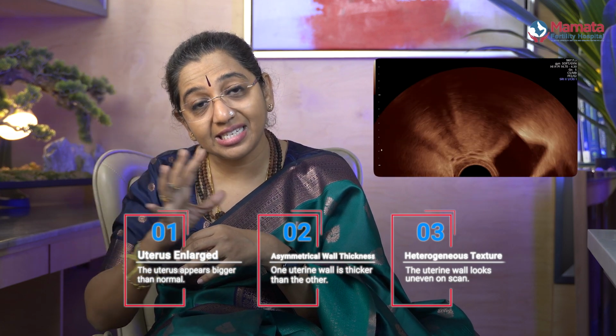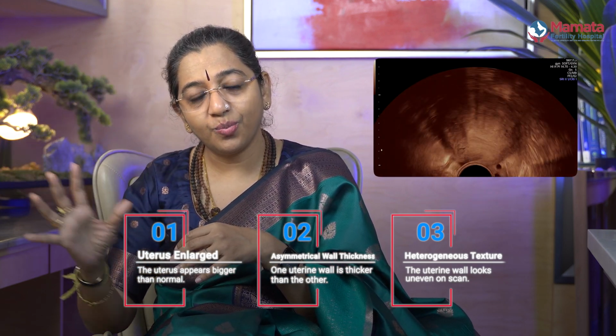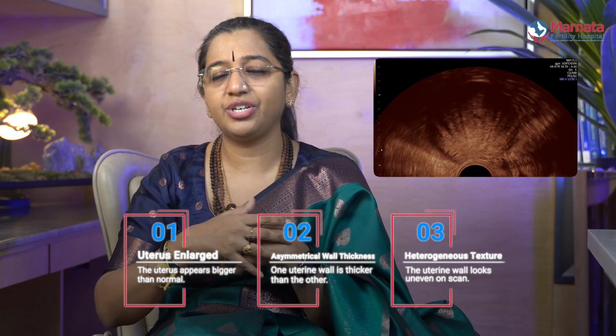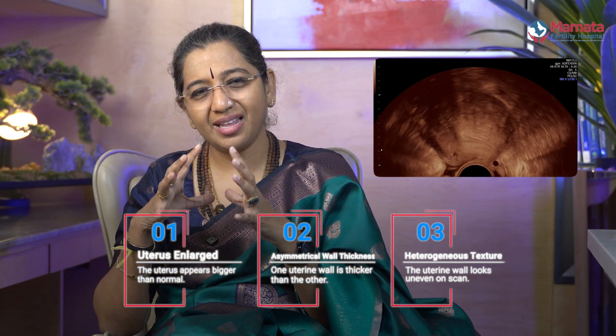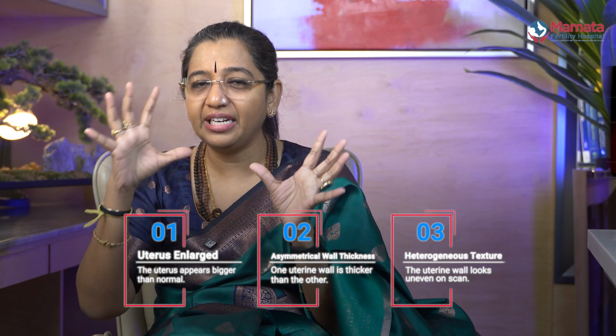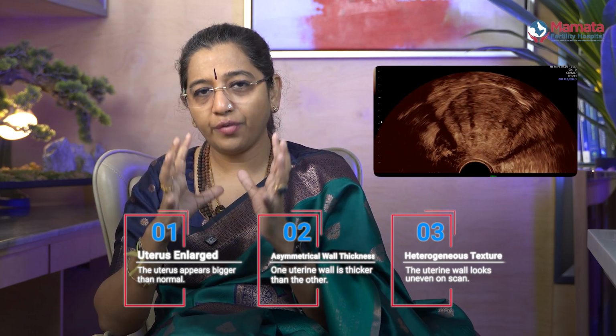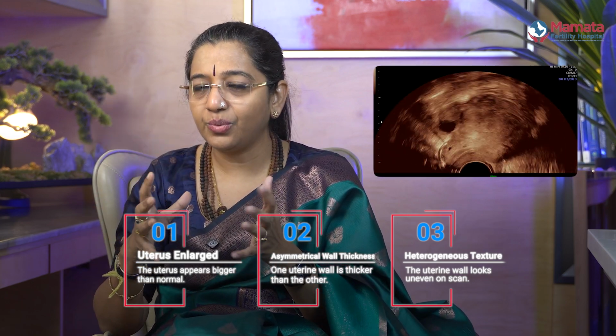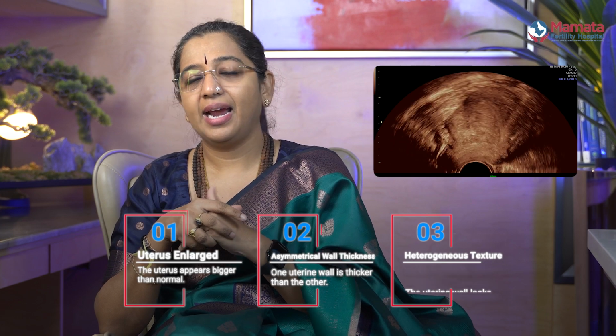We also look at the texture of the uterine wall. Is it a homogeneous echotexture? Is it a heterogeneous echotexture? Because when there is a very heterogeneous, uneven texture of the uterine wall, again we know that the patient is having adenomyosis. So these are just simple pointers which tell us on ultrasound that the patient is having adenomyosis, and